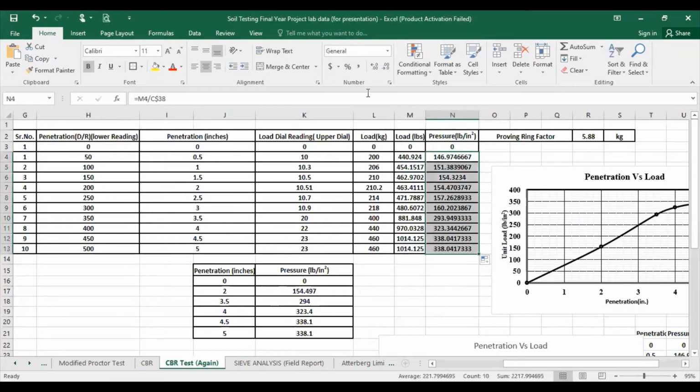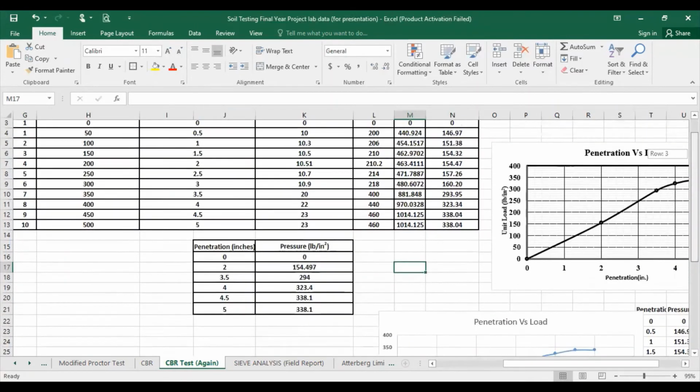Let me do one thing. I am going to decrease its decimal places, to reduce the decimal places up to 2 places. Now what we have to do: I have to plot the graph. I have to take penetration in inches on the x-axis and pressure in pounds per square inch on the y-axis. For this purpose, what I have done,